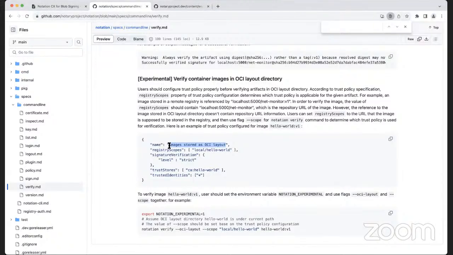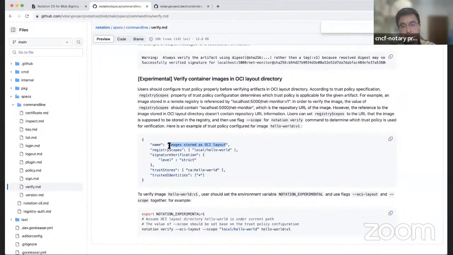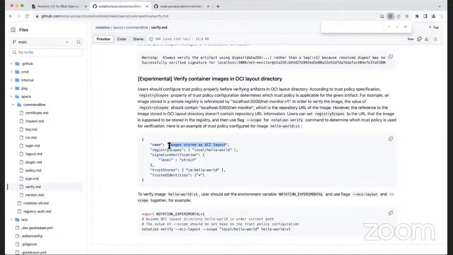Also, if we add more validation rules on policy name for OCI trust policies, it's a backward incompatible change, right? It's an experimental feature. Yeah, this is an experimental feature, but OCI layouts and OCI images share the same trust policy document, right?